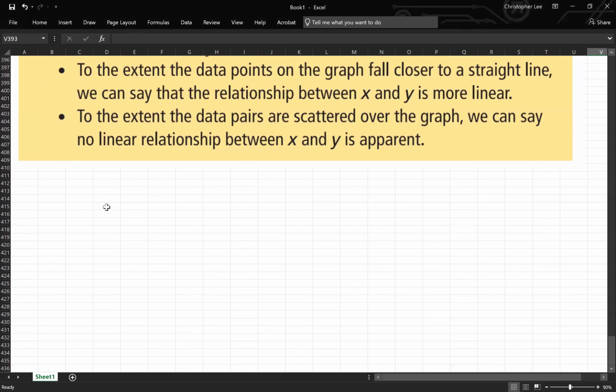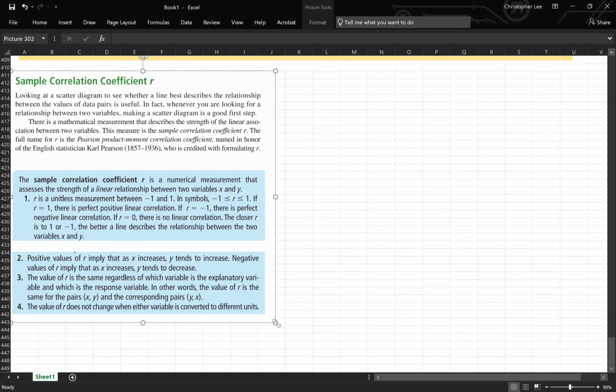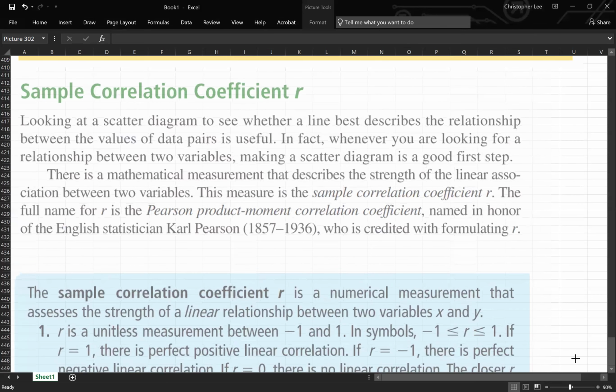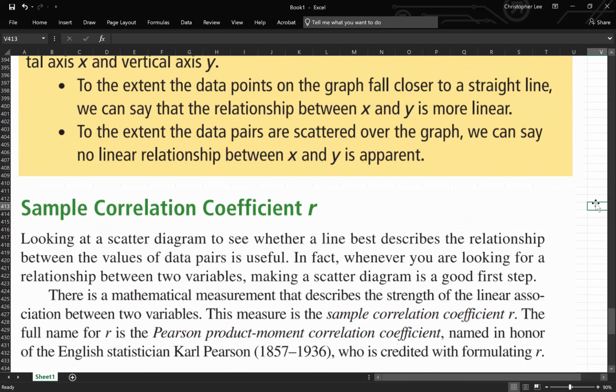This is the same thing as high and low correlation, no? Because basically, you just gave us the same definitions in different words. Exactly. So this R formula here, this is how you determine what the trend will be,